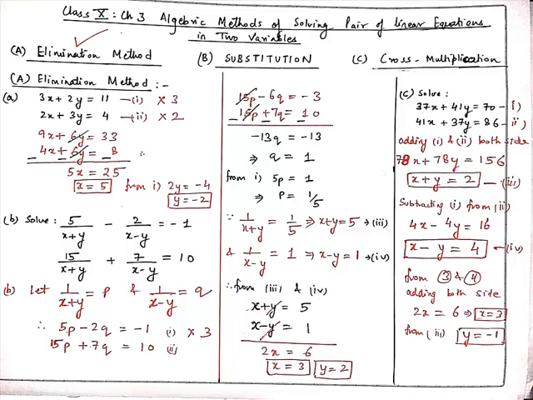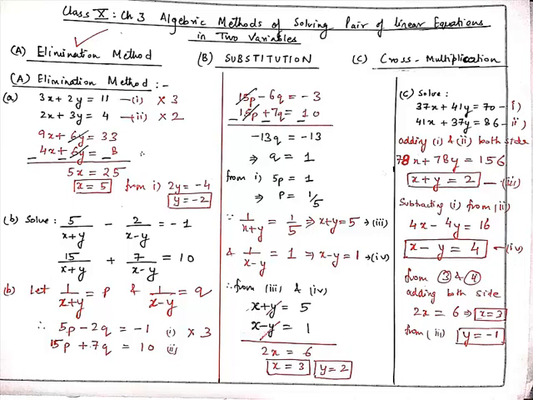So on substituting the value of q in any one of the linear equations, we get p is equal to 1 by 5. Since earlier I supposed that 1 upon x plus y equal to p, if p is 1 upon 5, therefore 1 upon x plus y equal to 1 upon 5. So from here x plus y equal to 5. And similarly 1 upon x minus y equal to 1, so x minus y equal to 1. Now again applying the elimination method, from here plus y and minus y will cancel out. So we will add both sides. So we get 2x equal to 6.